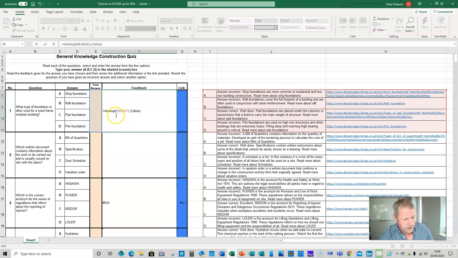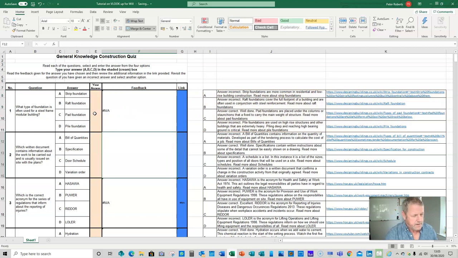So Vlookup is the instruction, then start your bracket. I've gone across to E8 where the learner is going to place their response. I've identified my table array. I've identified I want the information coming from column 2 and I want an exact match, and I've closed off the brackets, and when I press return now, that formula is complete. Whatever response I type in here now as a learner, I'm going to get the corresponding statement coming up